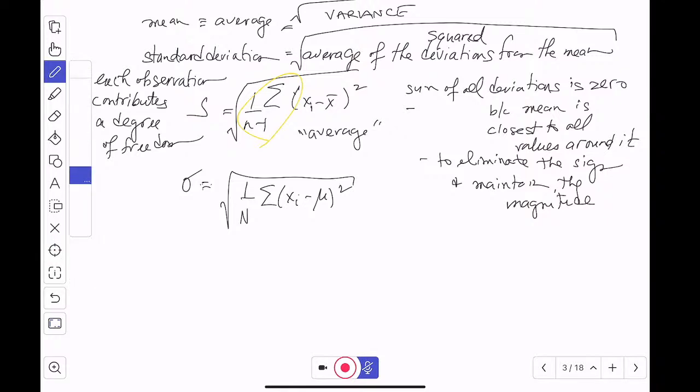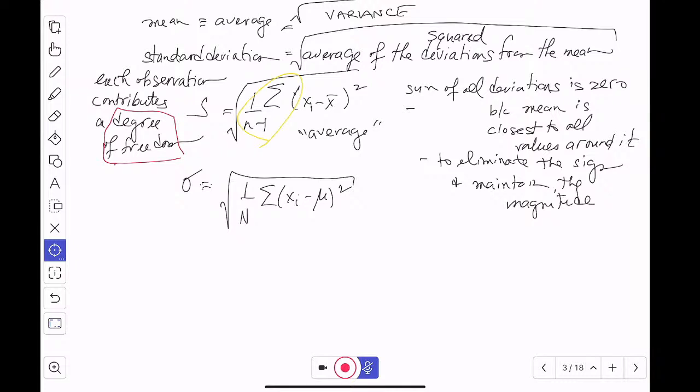contributes what's called a degree of freedom, a degree of randomness. But when we tie those observations together, we lose a degree of randomness. And for that reason, we adjust our sample size to be one less. And what this effectively does is let S be a little bit bigger than if we were calculating the population standard deviation, making it capable of capturing the spread of all the data. And now I'll demonstrate how we use S and sigma in a moment.